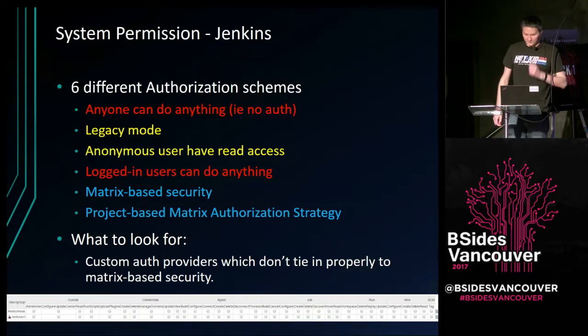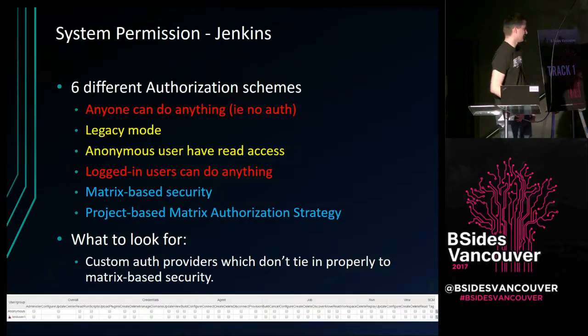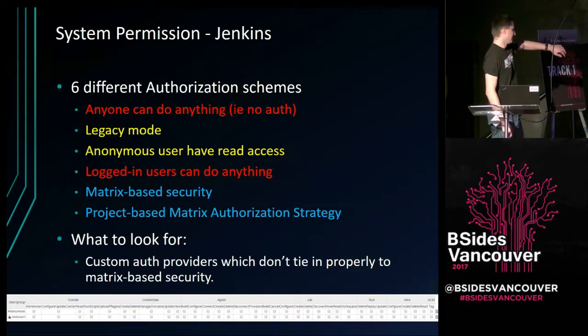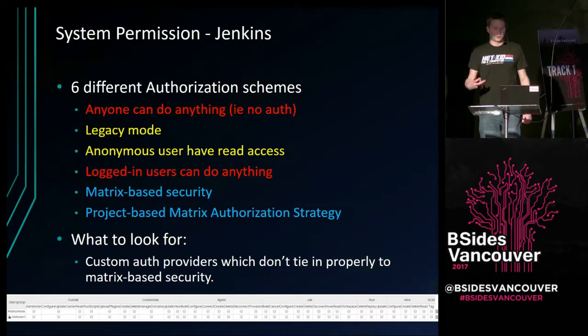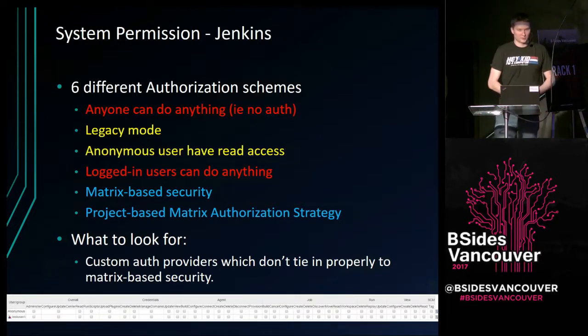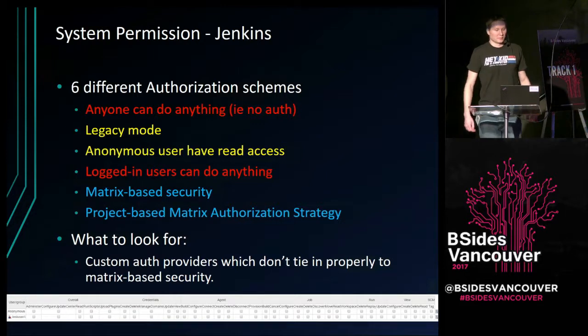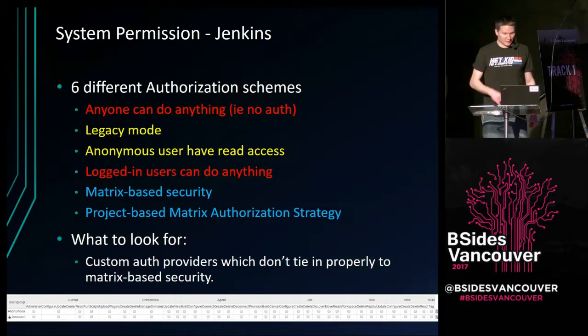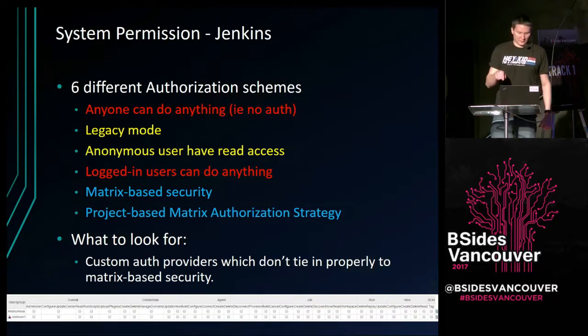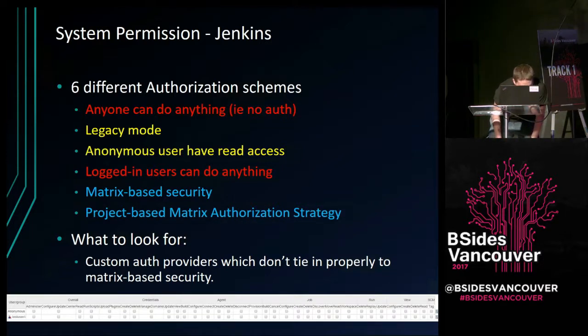And so both of those, if you look at the very bottom of the slide, if you kind of squint your eyes, you can see there's like a bajillion checkboxes. It makes it so you can have super granular permission either per project or just to all of Jenkins in terms of what a user can do. And it's everything from like view build results to, let's see here, run scripts, upload plugins, and so on.